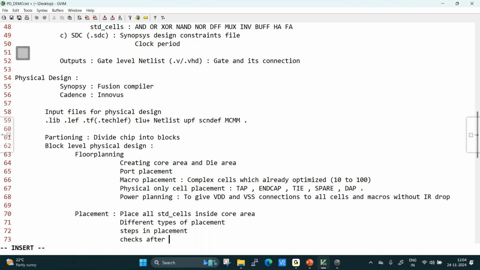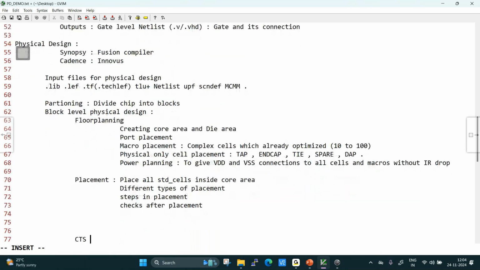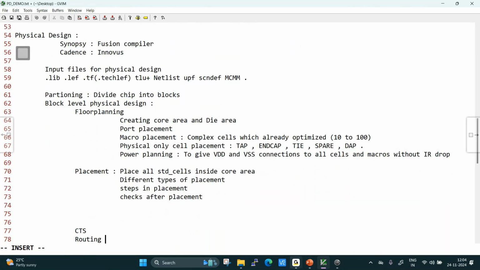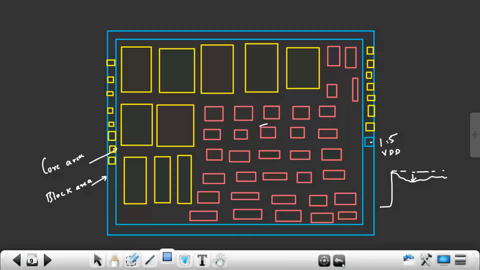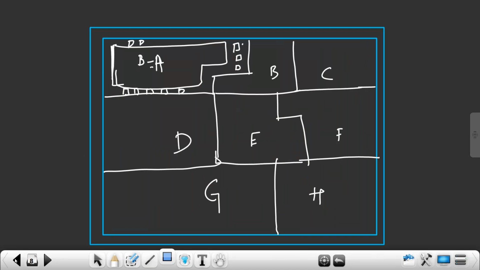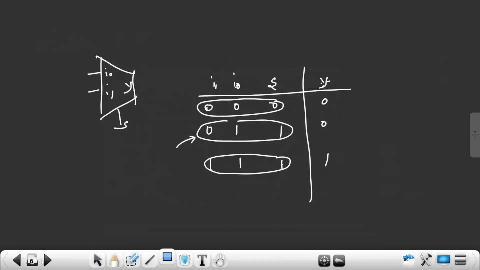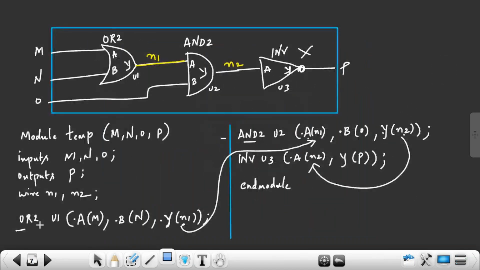What checks do we do after placement? We are going to check congestion. Congestion means, after placing the standard cells inside the core area, whether these cells can be routed or not, whether they can be connected. The connection has not yet happened, we are only placing. The cells have to be connected. What is the connection here? The output of the OR gate is connecting to